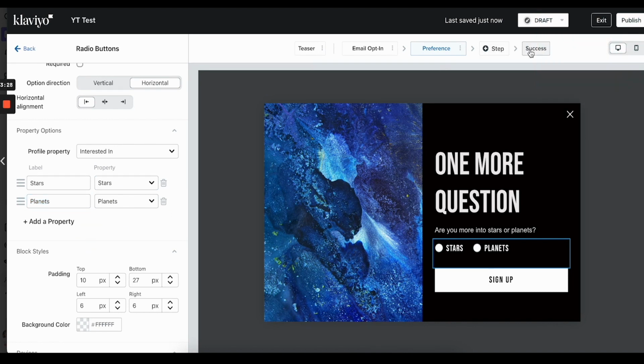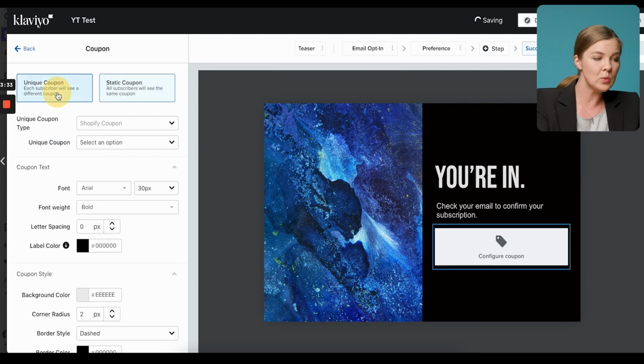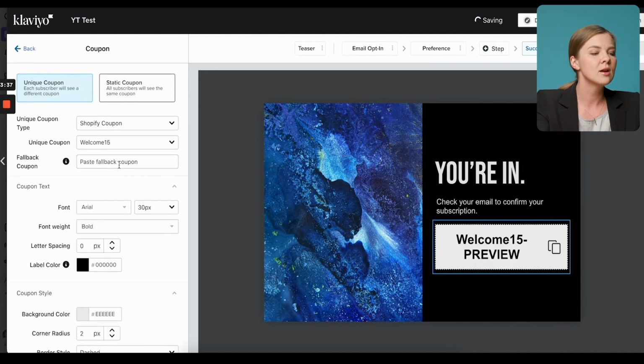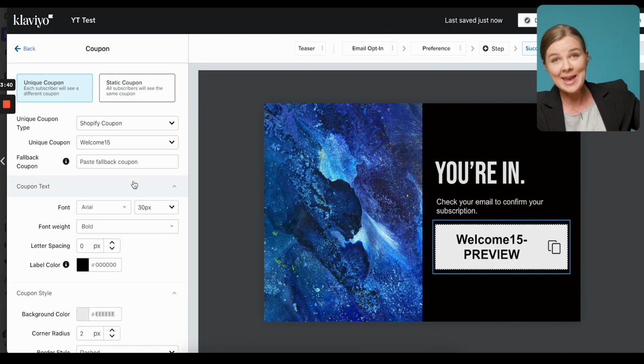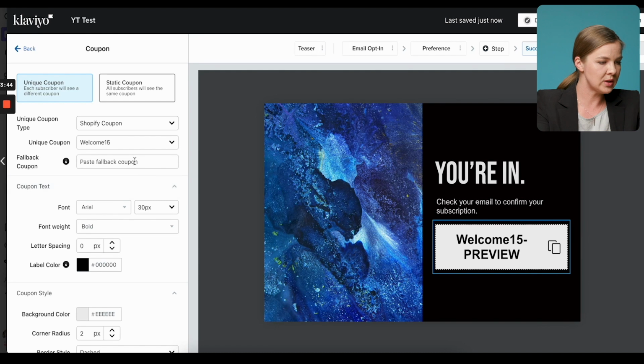And then over here, I want to configure my coupon. And instead of going with a static coupon, I actually want to use a unique coupon code. And Klaviyo makes it super easy for me because I can just select one of the coupons that I pre-created in my account before. Again, I'm about to release a video on how to do that. So let's do this. And then just in case they're asking for a fallback coupon, let's just pretend it's sign up 15. A fallback coupon is if your unique coupon code that's unique to every recipient of this, which is the cool part about it,